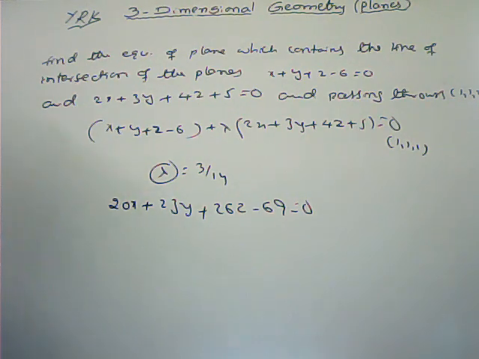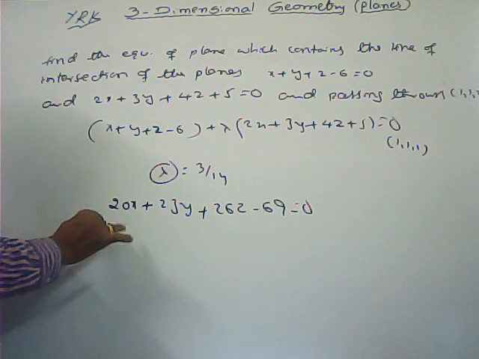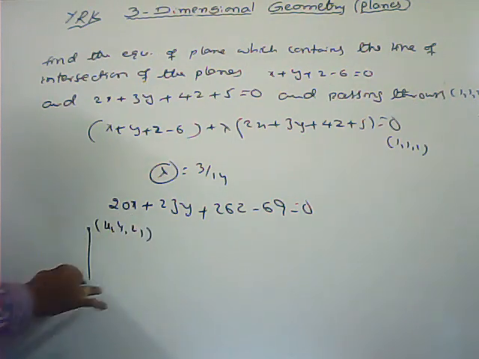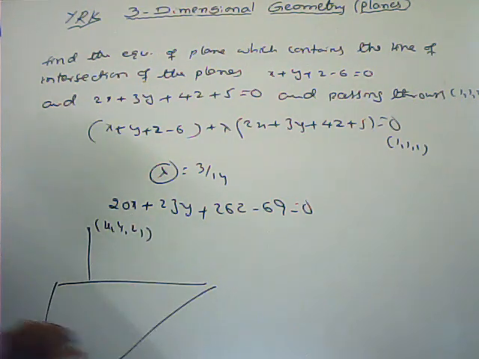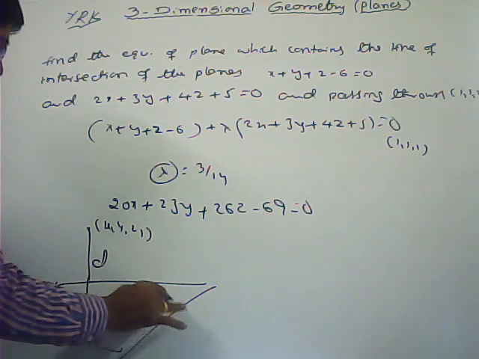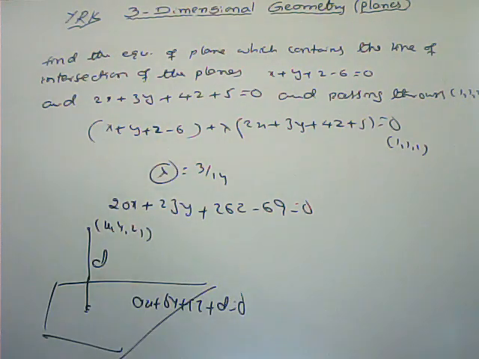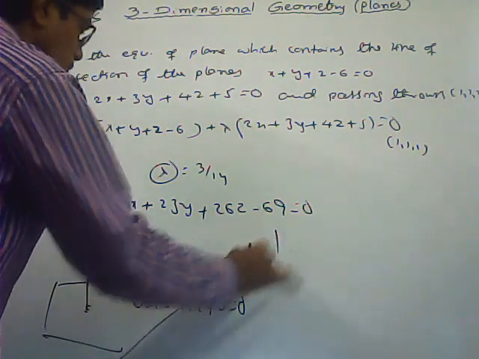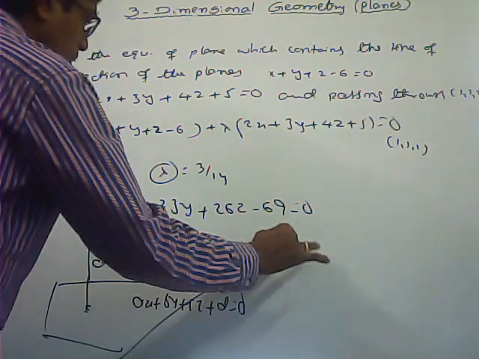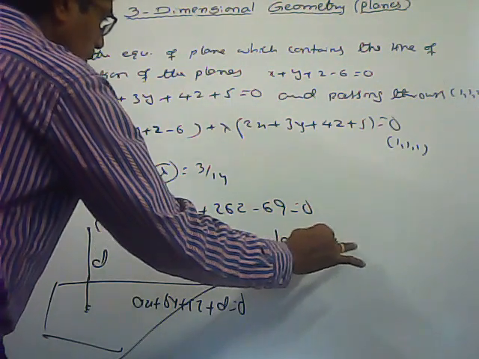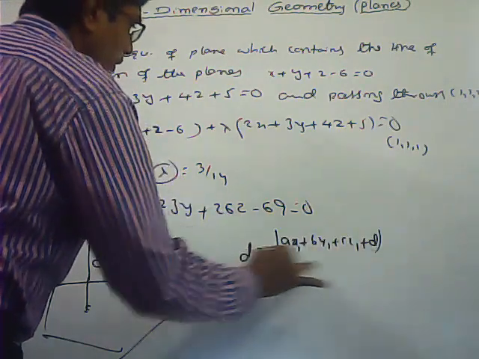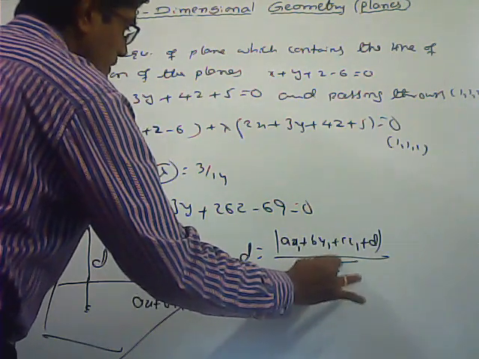And here I will explain the perpendicular distance from any point to the plane. The plane equation is given, and we want the perpendicular distance. Here the plane equation ax plus by plus cz plus d equal to 0 is given. Whatever we did in straight lines, here also we can do the same thing, but here there is some extension. d is equal to modulus of (ax1 plus by1 plus cz1 plus d) by root of (a square plus b square plus c square).